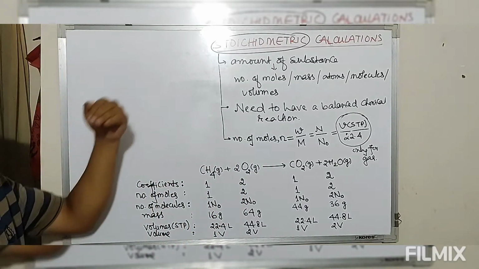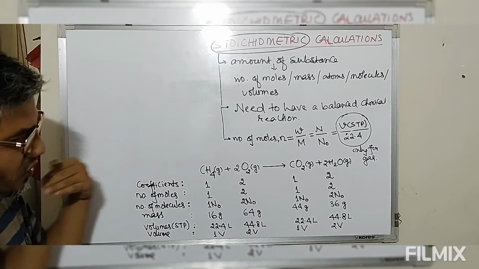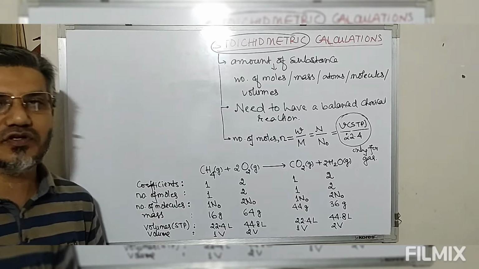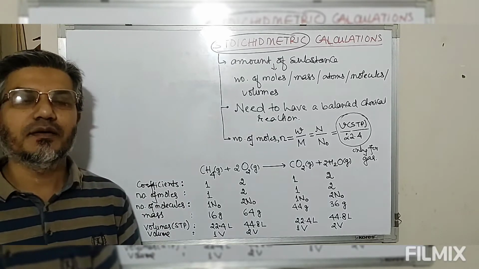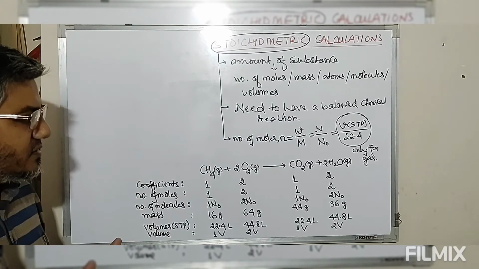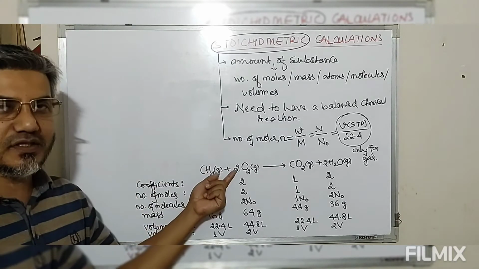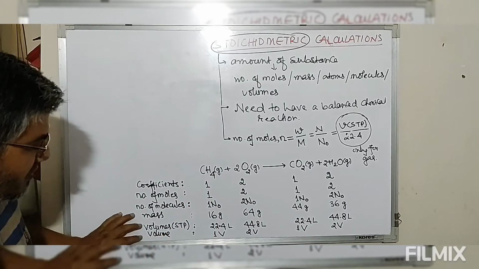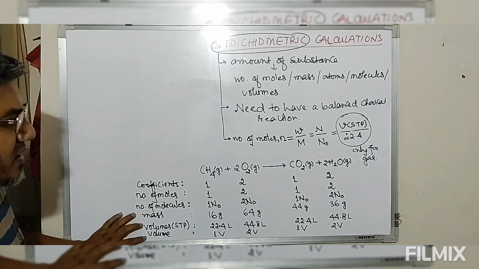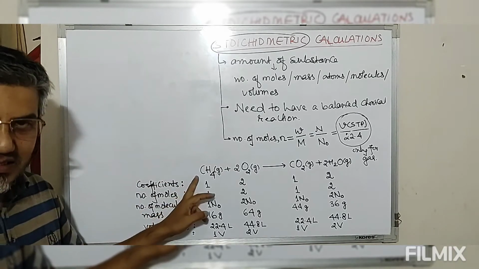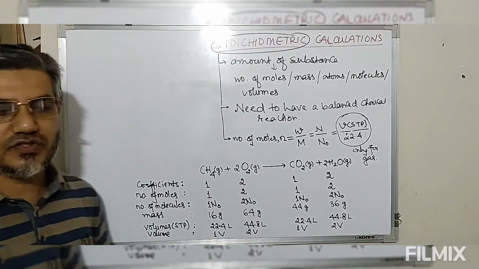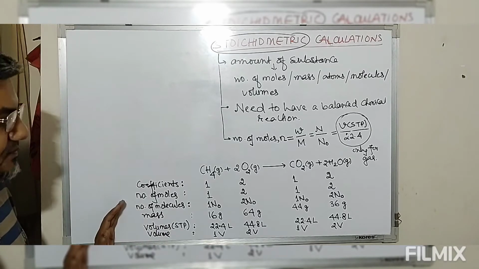For this, as I told you, we need to have a balanced reaction. Normally a reaction may not be balanced. So the first thing before doing all this stoichiometry calculation is we need to balance the reaction. Once we have this balanced reaction, all the relationships can be defined from these stoichiometric coefficients. Now this volume, simply in terms of volume, will be applicable only to the gases, reactants and products, but not applicable to solids and liquids. That thing we have to keep in mind.